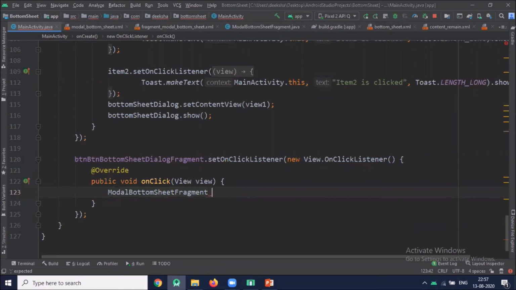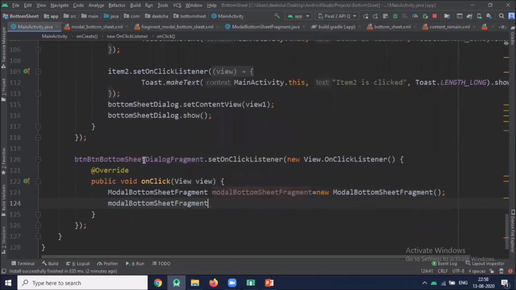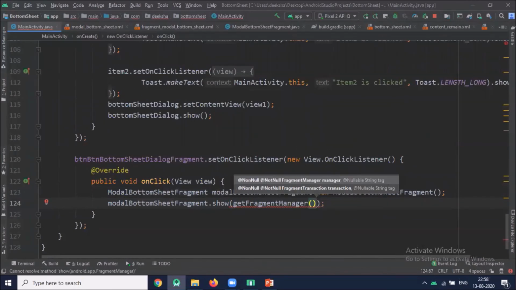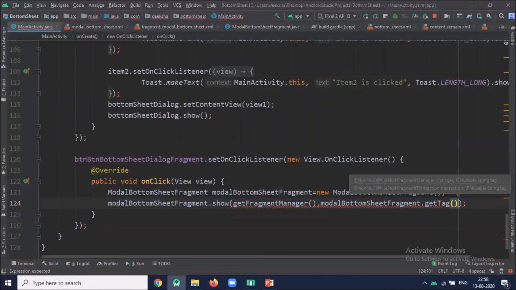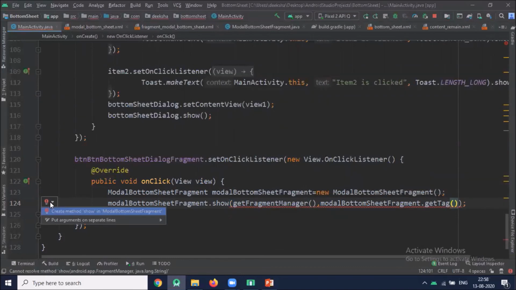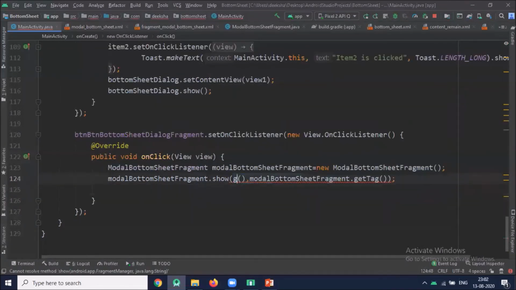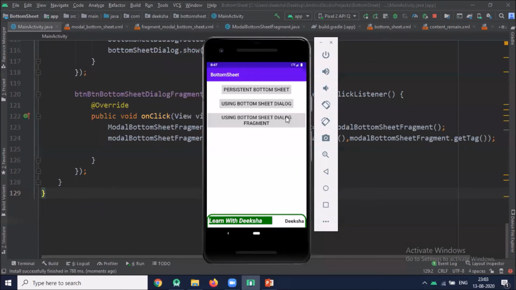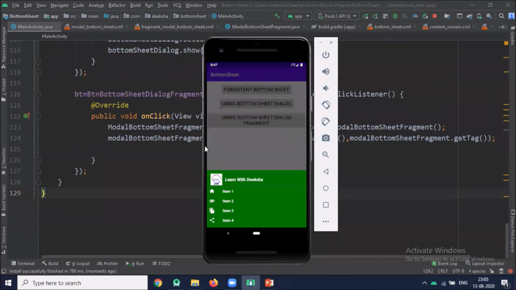So here we create an object of modal bottom sheet fragment. Now we run the project. So when I click on using bottom sheet dialog using fragment, it displays our bottom sheet dialog.